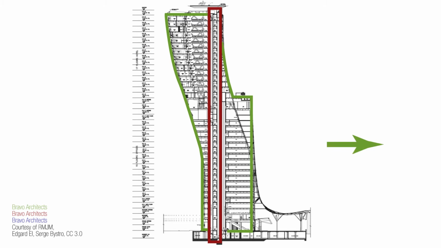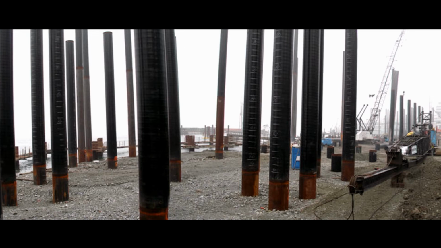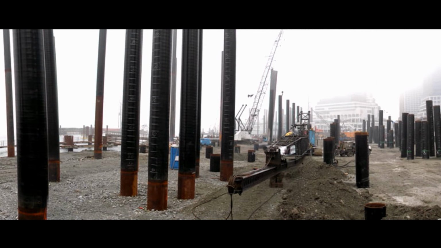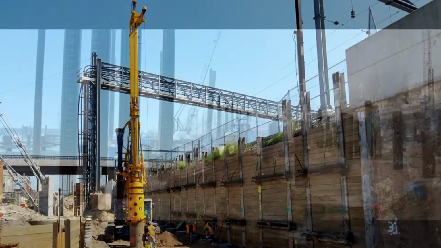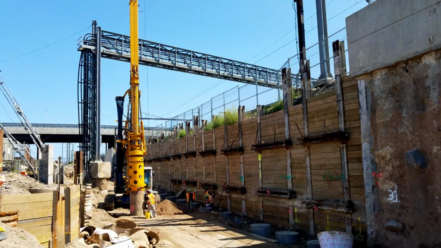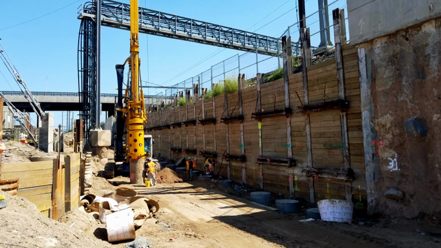So the same amount of force is provided on the right side of the core as well in order to balance the structural system. Speaking of balancing the structure, it's good to mention that this building sits on an intensive distribution of 490 piles, which will drill 30 meters underground to accommodate the gravitational, wind, seismic forces caused by the distinctive lean of the building.